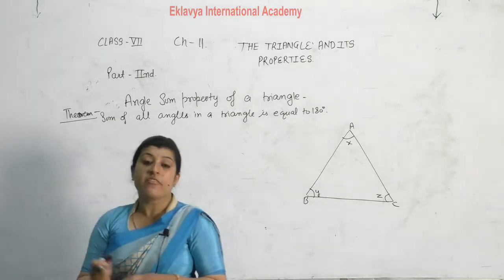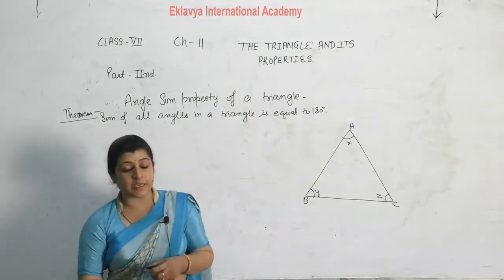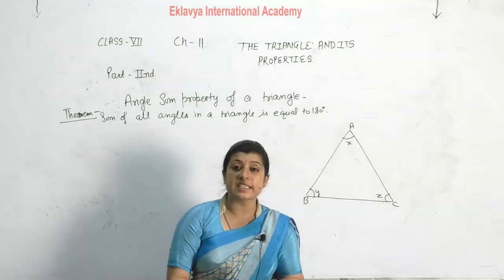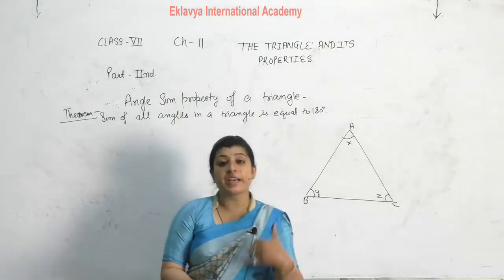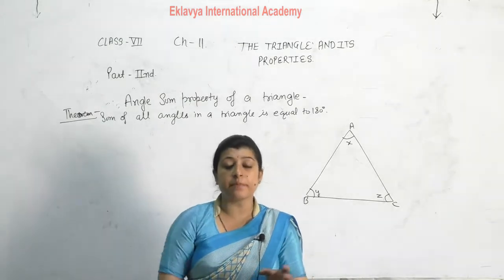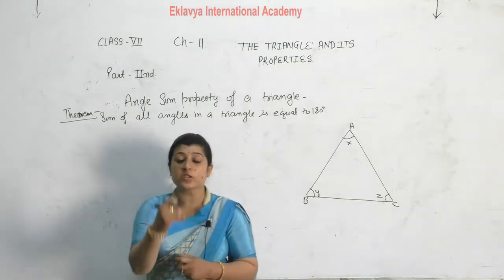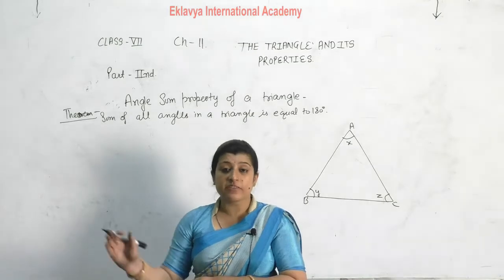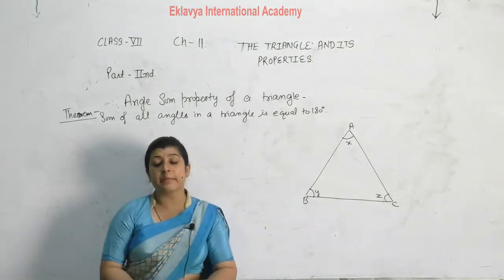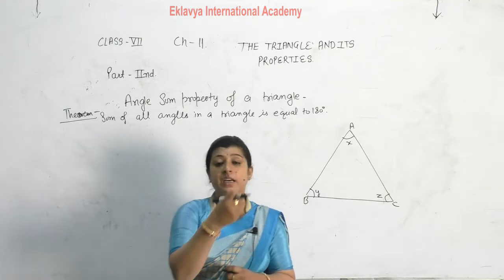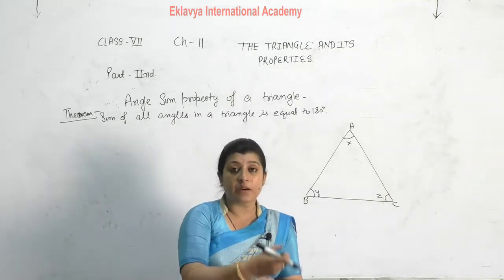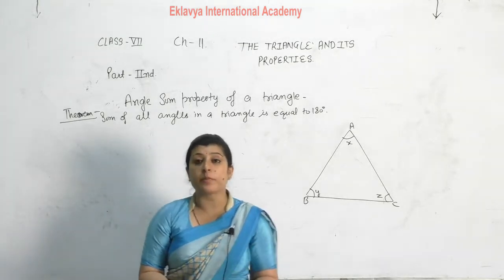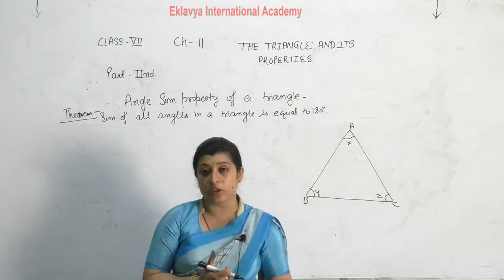How to prove it? Whenever we are proving any statement, we use a concept which we already know. जो हमें पहले से कोई concept पता है, हम उस concept का use करके उस statement को prove करते हैं. जो हमें नहीं पता है, we will study it later. That statement we can't use here. Any property we have already proved or already know, that property we can use to prove this theorem.